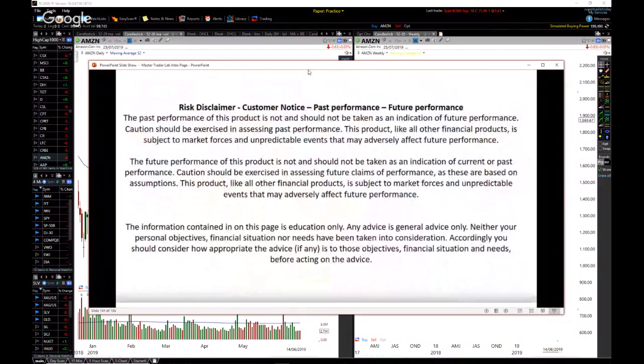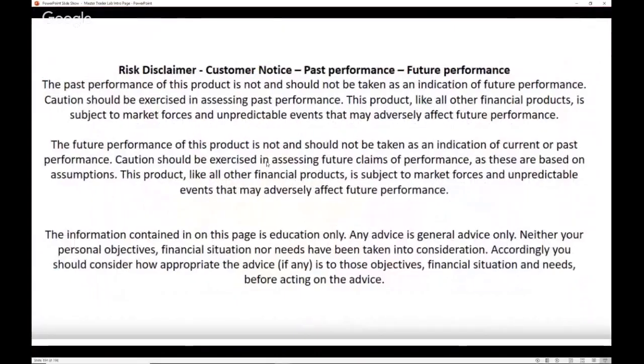Guys, before I start today, do not place a trade based on what you're seeing in today's session, because trading is risky. There's no guarantee of making a profit in the markets. It takes a long time to become a good trader. So this session is just me helping you understand what's happening right now in the FANG stocks, and to give you some education. I'm not telling you to go out and trade any of these stocks right now. And if you do go trade, just make sure that you're protecting yourself and having good risk management.